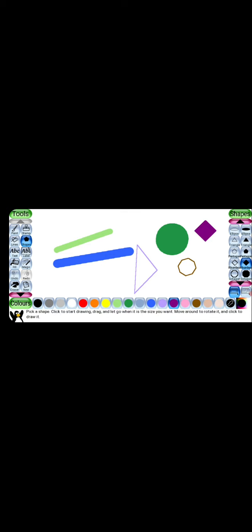Yes, we can draw any other shape or any other line by using the line tool and shape tool. Now I will show you how to use the paintbrush tool. Yes, you can see there is your toolbar and there is a paint tool.